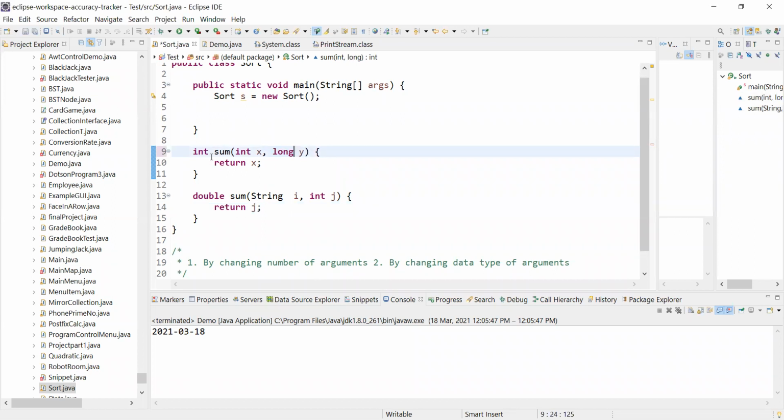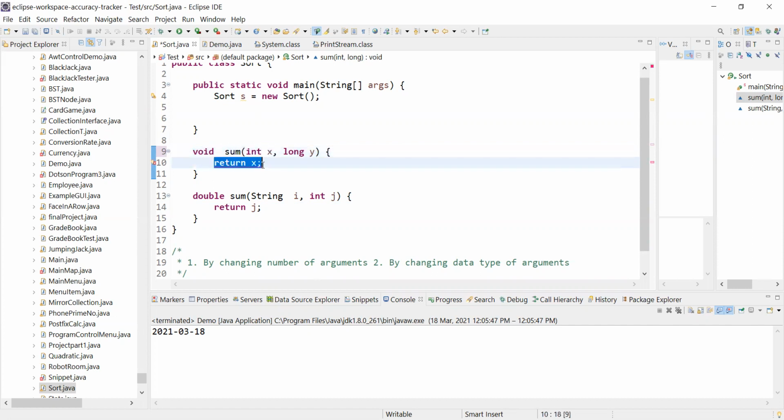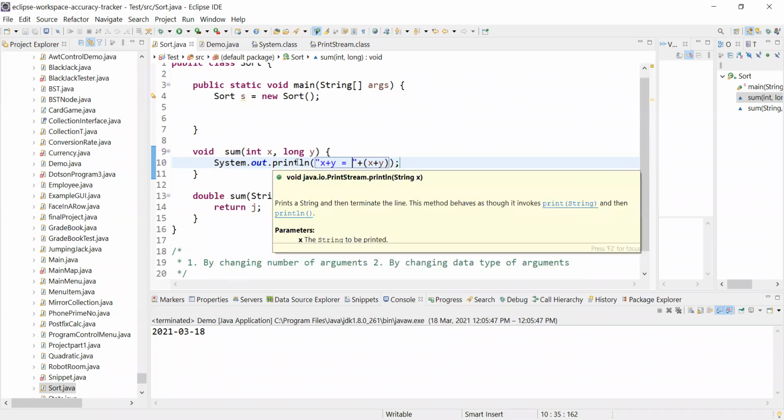For now I'm not going to return anything, as it doesn't really matter. So I'm saying print x plus y. This is the method we have, and the second method is taking three parameters.